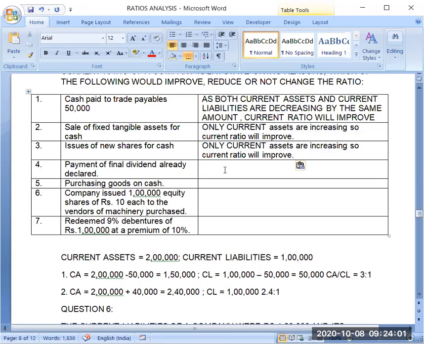Payment of final dividend already declared. Now first thing is that you should be clear about the meaning of dividend. So dividend is the amount of profit which a company distributes to the shareholders out of the profits earned. So now you are paying the dividend to the shareholders. So when you will be paying the dividend, obviously your cash will get reduced. And because your cash is reducing,